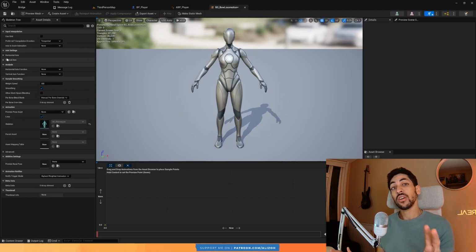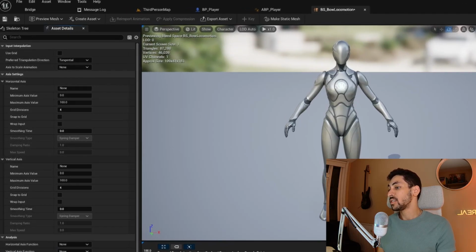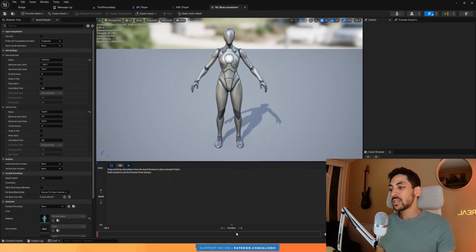And these two variables are going to be our axes here on the blend space. So we have a horizontal and vertical axis. So the horizontal axis is going to be our direction. And the direction has a value from -180 to 180 because then it's a 360-degree turn. And we're going to keep the grid division at 4. And for the vertical axis, we're going to call it speed, and that's just going to have a minimum value of 0, which is idle, and maximum value of 500, which is running at full speed. And then this gives us, you see the names of the axis here, and it divides the